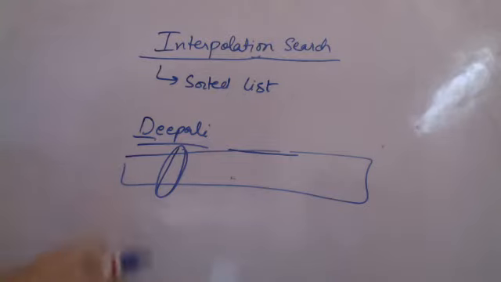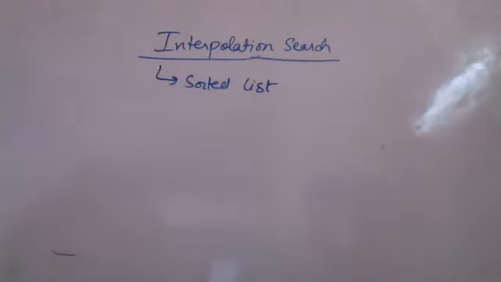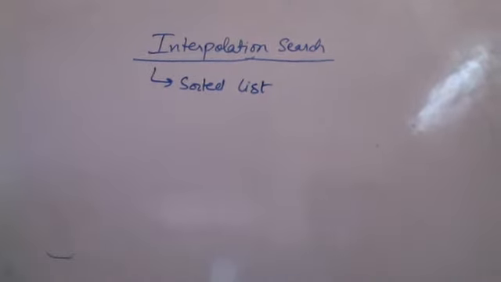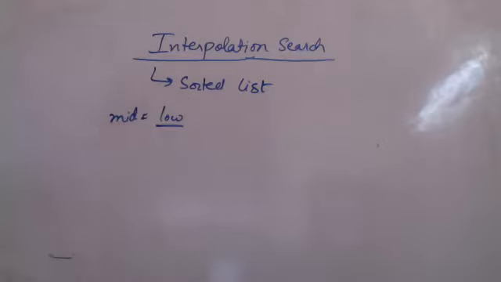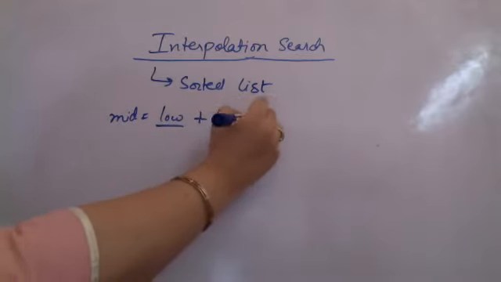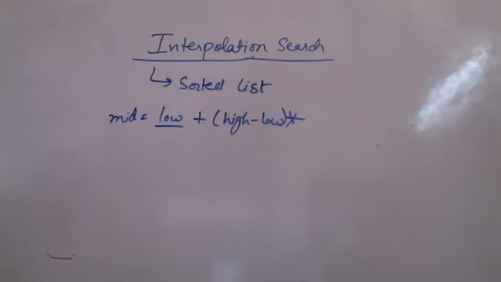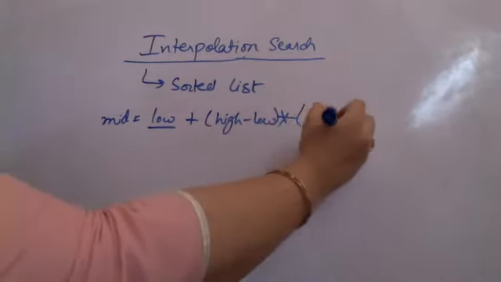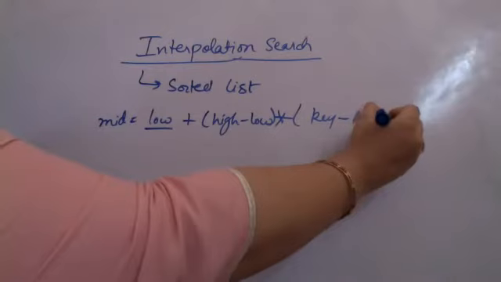For that, we have a formula. The division is going to happen with the key. How are we going to calculate that key? That is how interpolation search happens, or the middle with which we are going to break our particular list. So mid is calculated as low plus, or beginning, whatever you are saying, plus high minus low multiplied by, please see what I am trying to do here, multiplied by key minus the lowest element here, A of low, where A is the array.